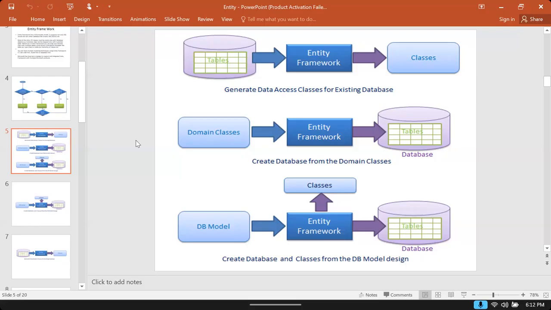That means you write logical classes, and automatically it will create the database tables for that. And the third approach is you just design the model. Model means you just draw a diagram. According to the diagram, it will write the logic and it will create the database.